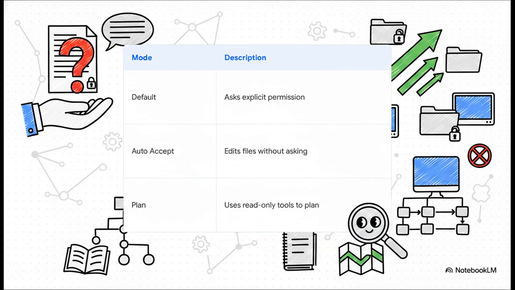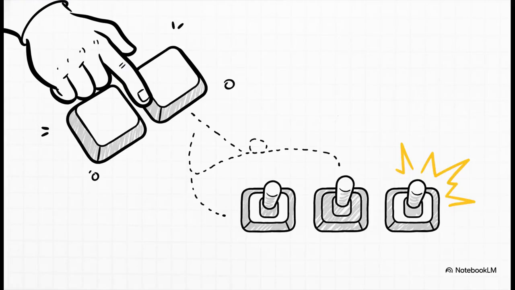This restricts the agent to using read-only tools to safely compile a plan of action before anything actually starts. And hey, here is a highly practical, actionable tip for your terminal workflow. You can just use Shift plus Tab on your keyboard to instantly toggle between these different permission modes on the fly. It's a simple shortcut for sure, but it gives you incredibly fluid control over the